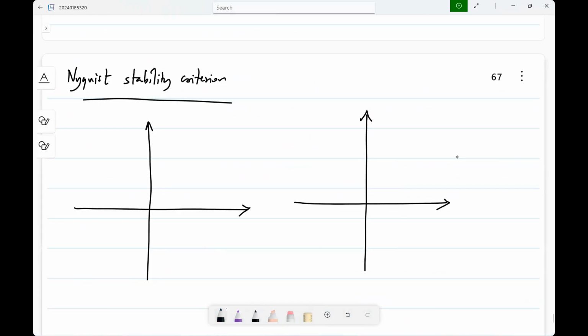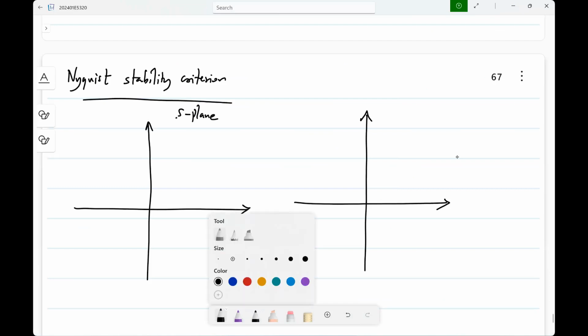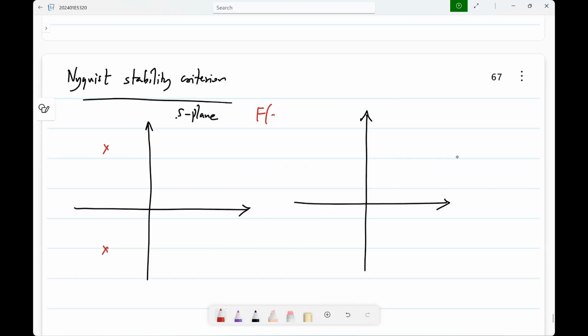So what you want is, you have the S plane, and in the S plane, you want your poles to be in the left half. Now it turns out that if you have some function f of a complex variable,